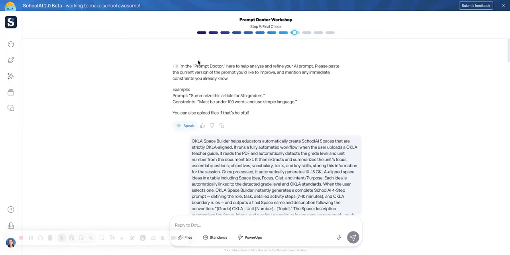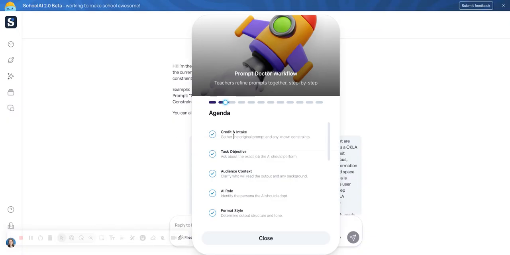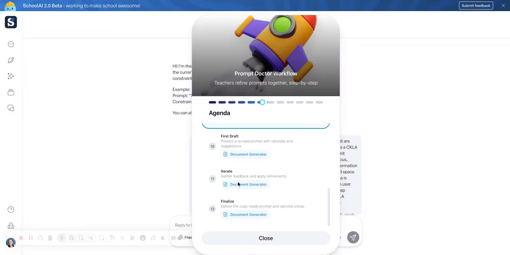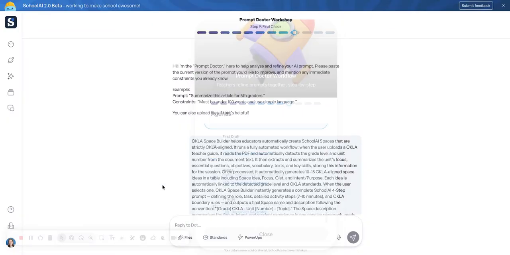Here is the Prompt Doctor workshop where I'm able to come in and share an AI prompt that I want to refine. You're able to paste in the current version. So for example, maybe it's like "summarize this article for graders." Then I can upload any files as well. It's going to take me through a couple different steps to make sure that this prompt is ready to go